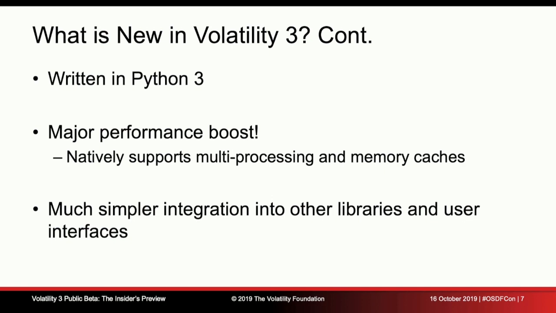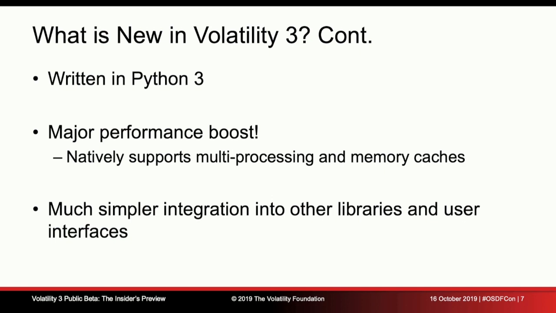So that was a massive trouble that we had with that. And with Volatility 3, we said, actually, what we're going to do is when you construct an object, we'll read the data in then, and it'll stay that way, and the Python object itself will keep that data. And then if you need to reread it again, you can ask it to reconstruct itself or do something else. But the point is, that's a very, very uncommon task. And the speed gains that we got from that were enormous.